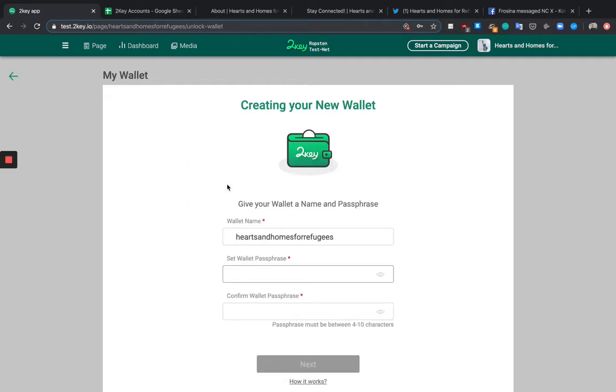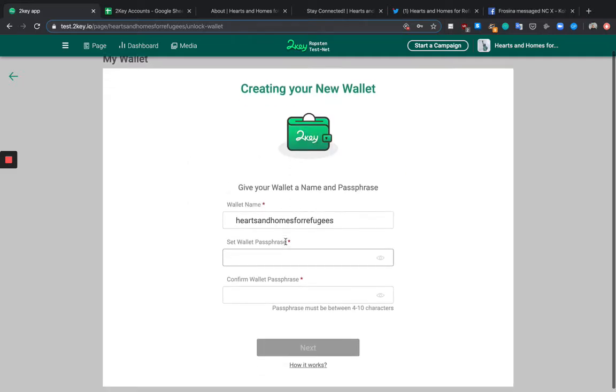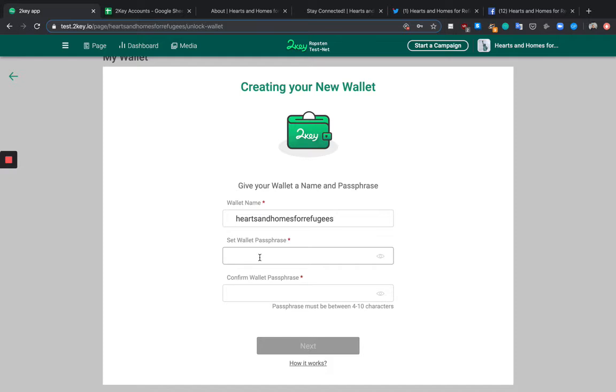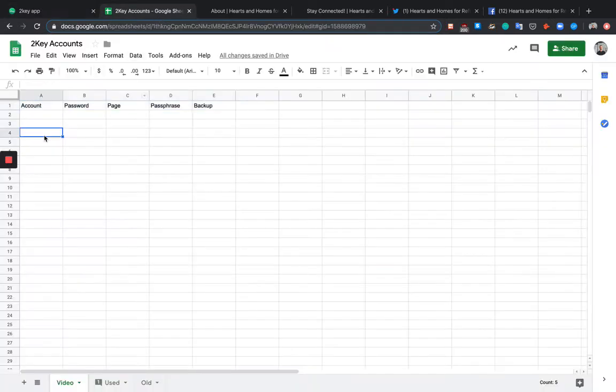So I'm going to do a Twiki wallet. So this is the wallet name, passphrase. This is a demo account. So I am going to save these here. We're doing